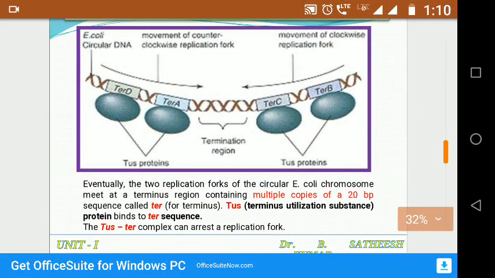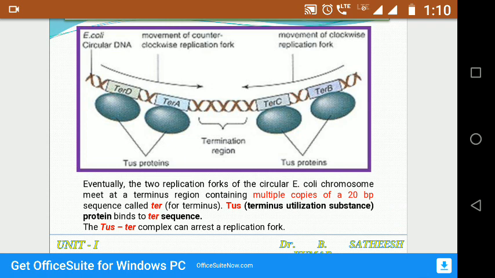So it has sequences TER A, B, C, and D. These TER sequences are recognized by TUS proteins, terminus utilization substance, and these TUS proteins recognize the TER sequences and mark the termination of